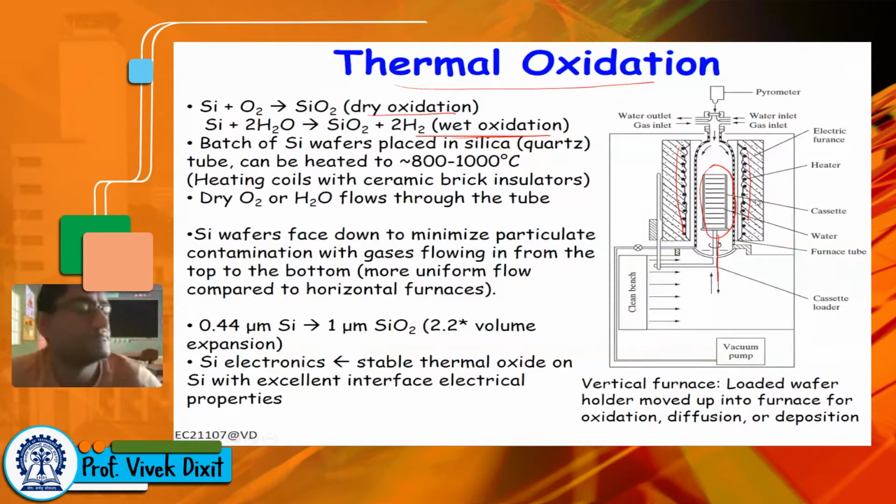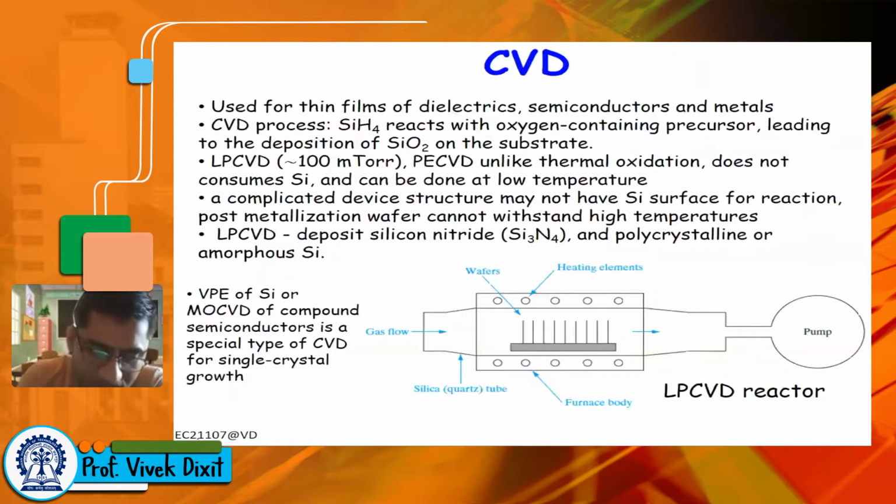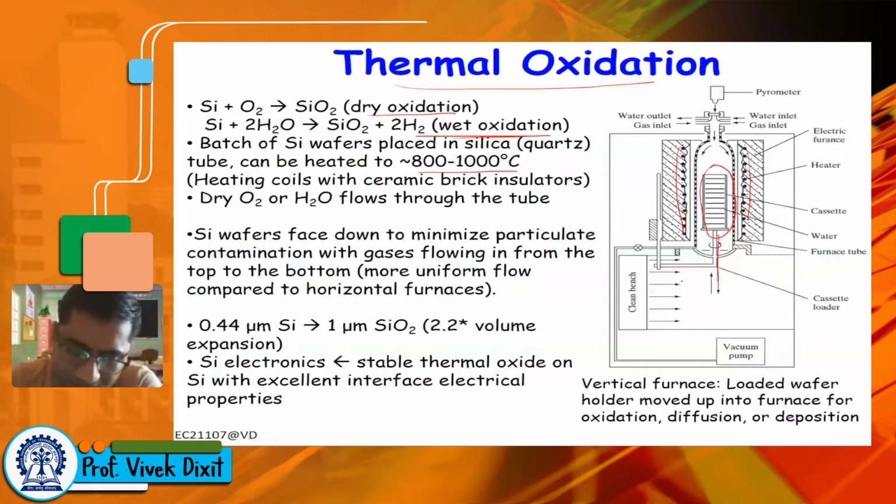In this furnace, the gases are injected from the gas inlet. It can be dry oxygen or with some water content, right? They flow from top to bottom. Here the wafer is placed, usually facing down, so that particle contamination does not deposit on them, as it could if they were facing up. This is a high temperature process, usually heated in the range of 800 to 1000 degrees Celsius, right? Then they flow down and exit through this chamber. You can also see a vacuum pump to keep it at low pressure, so that